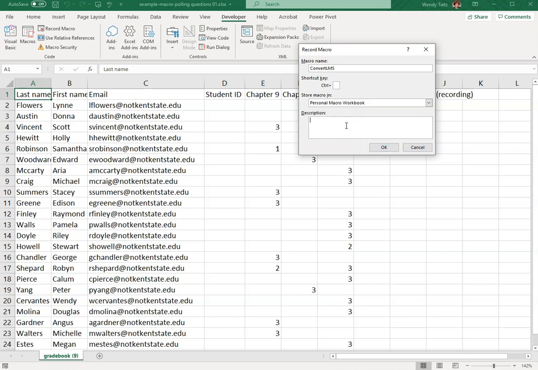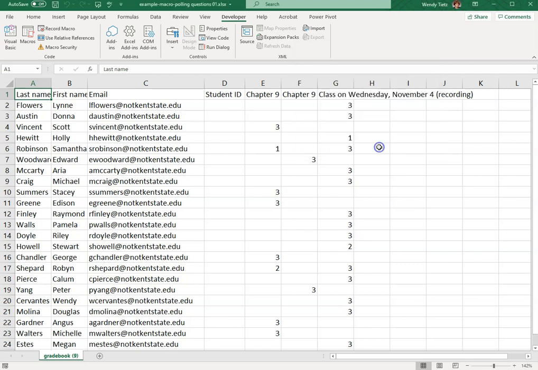And then a description is nice. This is convert polling question report to LMS format. Okay? So I'm going to click OK, and now it's recording everything I do. So the first thing I need to do is I need to delete the student ID. So these are just steps I have to do every day to get this polling question report ready to import